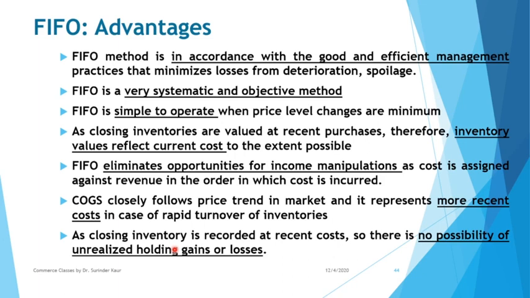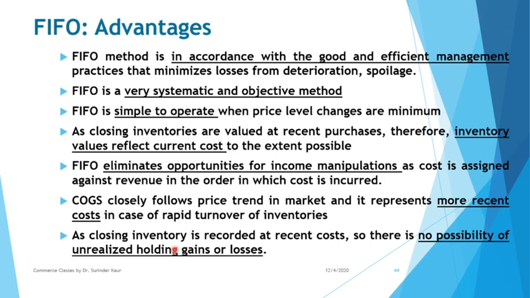But if you measure your closing inventories at, say, old cost, suppose your first lot was of 10 rupees, next lot of 11, next 12, and now with the rising prices, the price is 14 rupees. But if you measure the stocks at old cost, your stock is of 10 rupees. Suppose the selling price is 18. It means you will be making a profit of 8 rupees per unit, isn't it? But as per current cost method, your cost is 14, price is 18, so your profit should be 4 rupees.